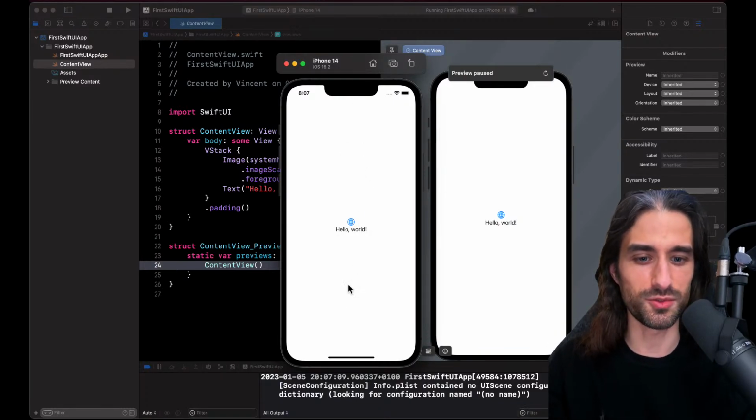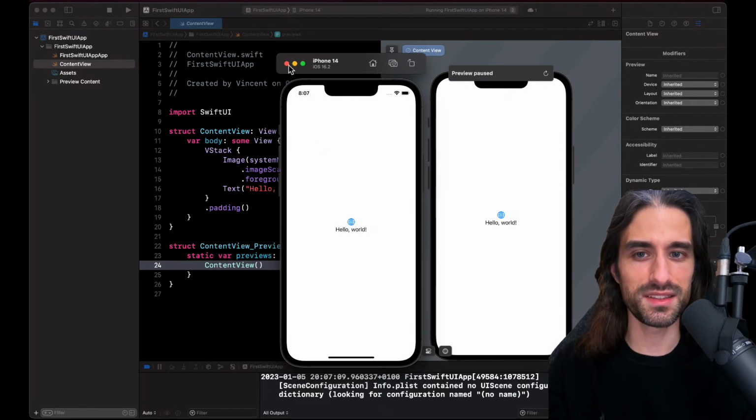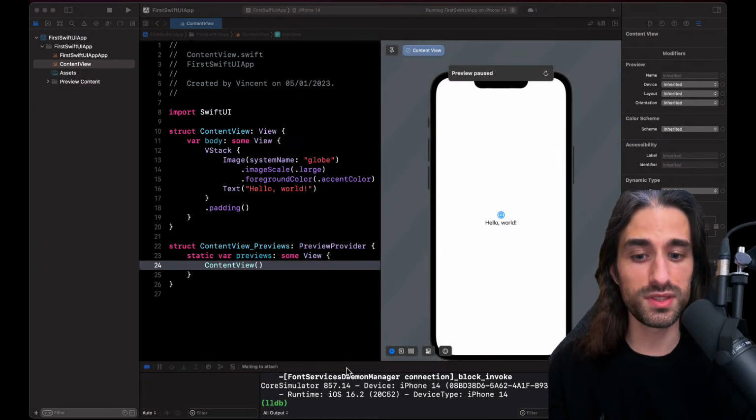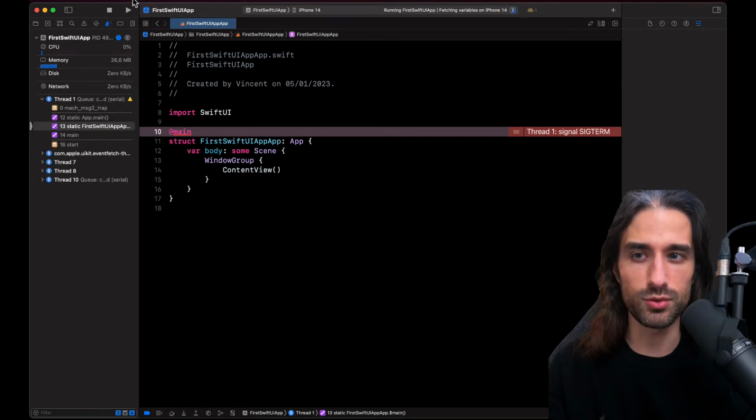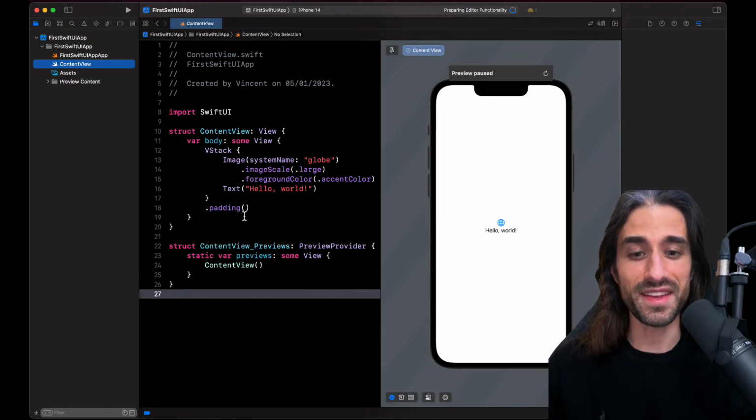Okay, as you can see, this is what the app looks like. So of course, now we want to implement a real app that does a bit more than just displaying some static image and some static text. So I had to decide what I wanted to implement in this tutorial. Of course, I killed the app, and so it stopped executing. And I decided I wanted to implement a simple app that fetches data from an API. So I had to choose an API, and I decided to use the API that I've used actually in quite a lot of my videos, which is the movie database. So it's an API that gives you data about movies and TV shows.